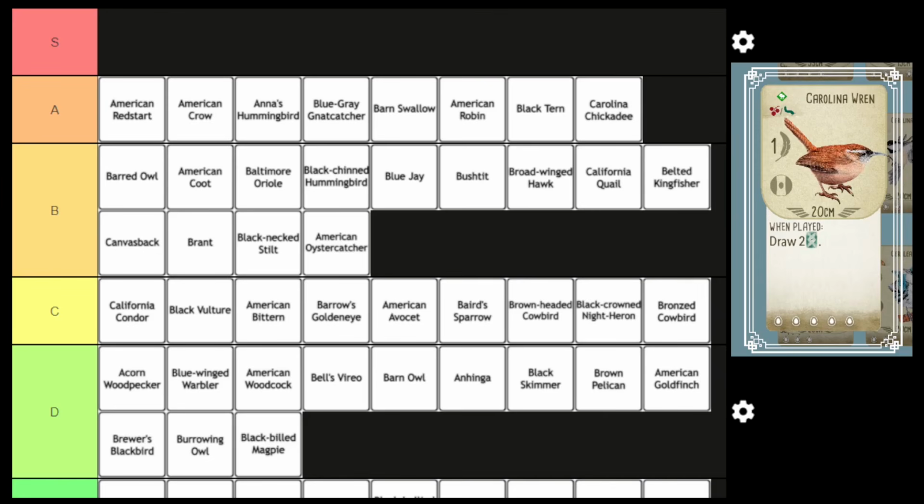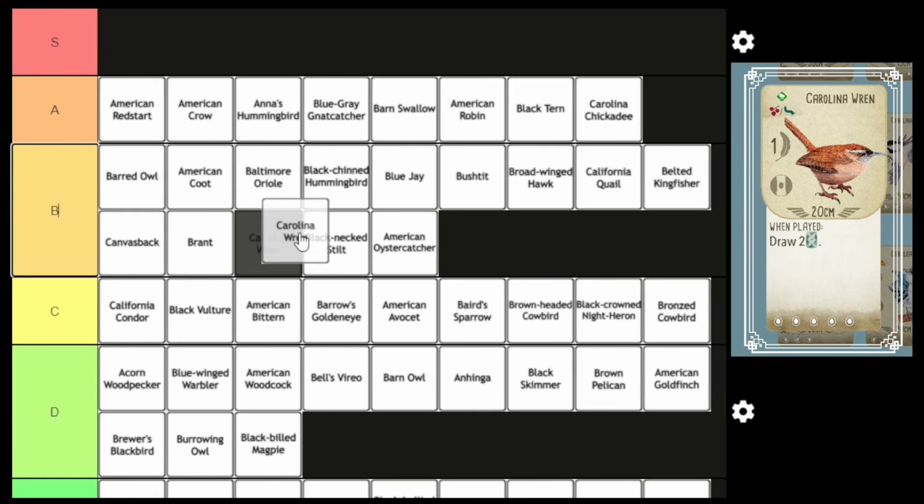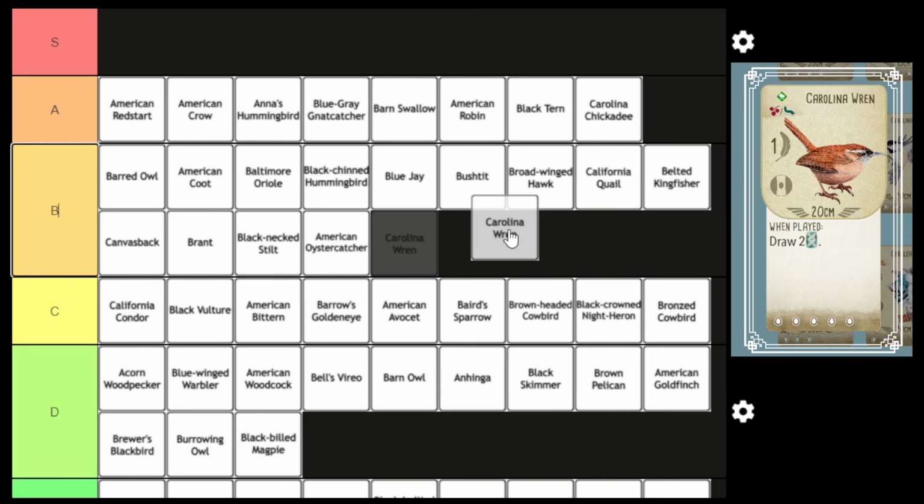Alright, next we have the Carolina Wren. So when played, you get to draw 2 cards, either from the tray or the deck, for 1 point. Yeah, and I think this could be such an important bird early on, particularly if there is something in the tray that you've got your eye on. Yeah. You can play this, single food, gets you the card, and also it is that sort of first option as your forest bird,